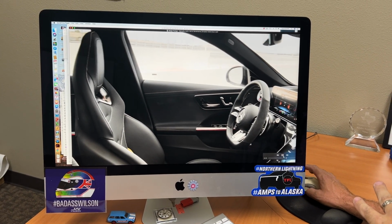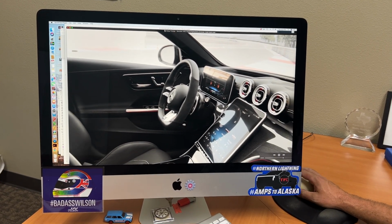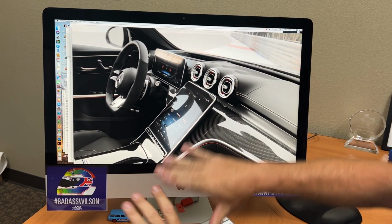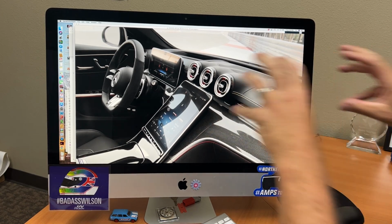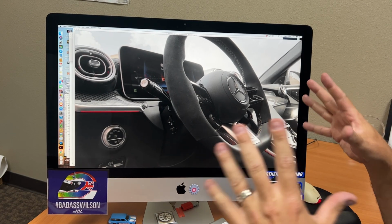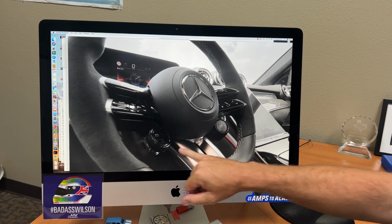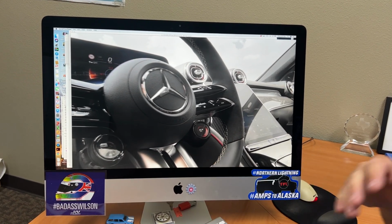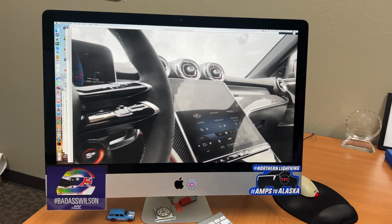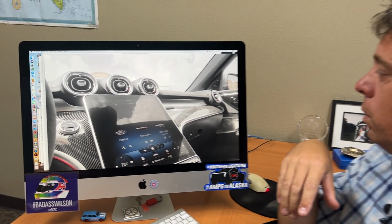So here you can see a little bit more of the interior, which is very similar to what Mercedes is doing now in some of the other cars. That center stack floating up in the air, rounded vents, of course, flat bottom steering wheel, lots of interesting stitching, lots of premium materials, ambient color, your mode selectors and displays here in the steering wheel. So a lot of that technology is going to be here as well. Like I said, pricing is not available yet, but this is your brand new